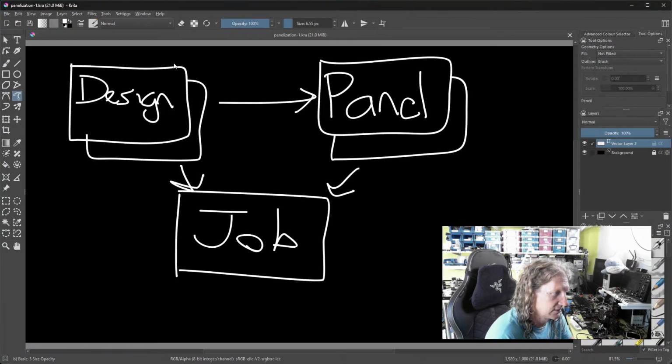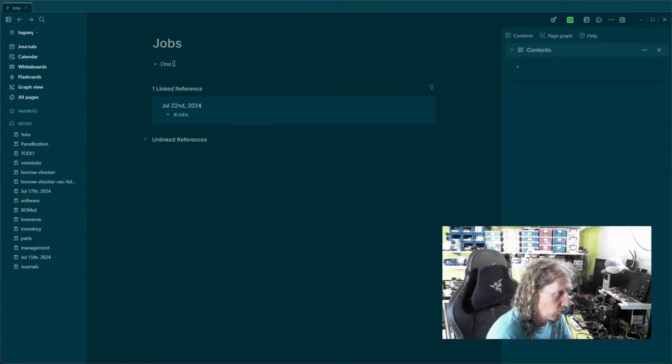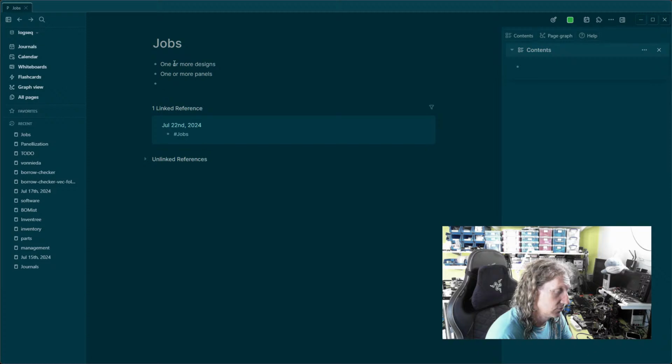Let's look at this. One or more designs and one or more panels. Let's just write one or more designs, one or more panels. And then, well,